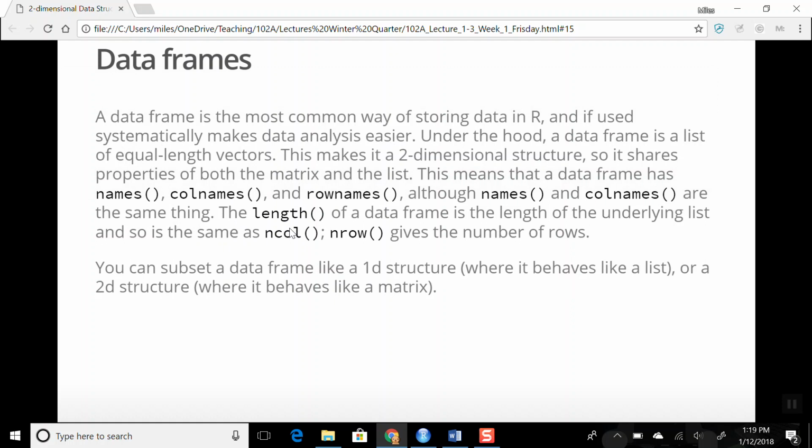All right, so that covers matrices, and now we'll talk about data frames. A data frame is a very common way of storing data in R, and the key difference between a data frame and a matrix is that in a matrix, everything has to be of the same type. It's atomic. That's the defining property of a matrix, that it is atomic and it has 2 dimensions. Well, the data frame, you've got a 2-dimensional structure, except the underlying thing is a list,